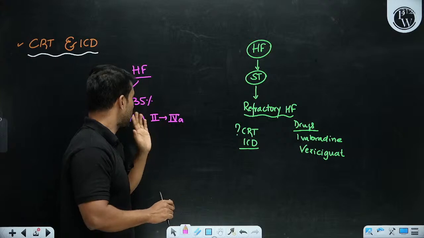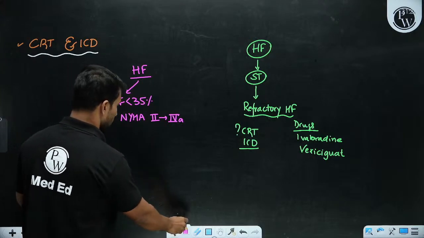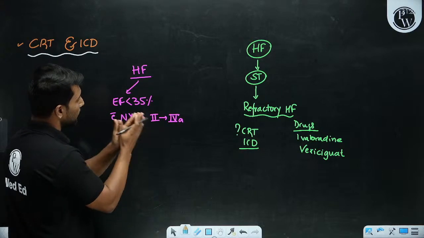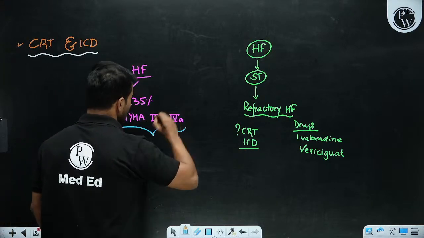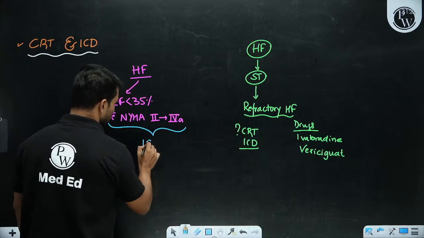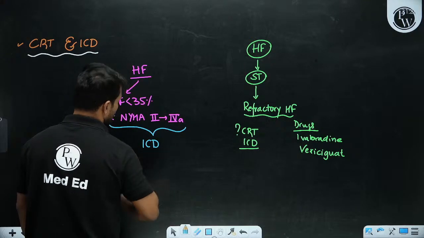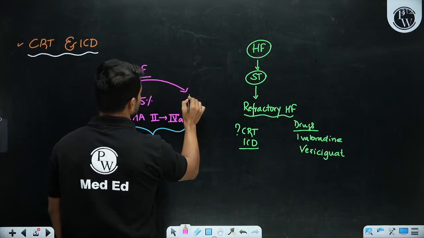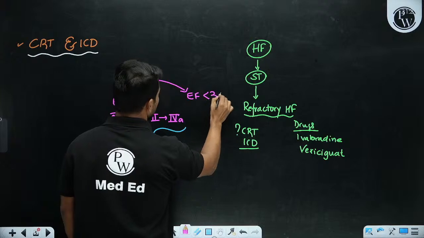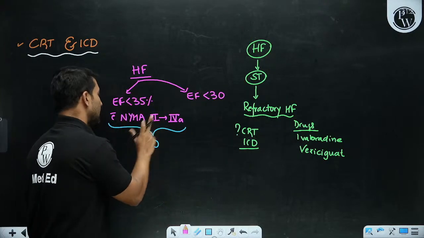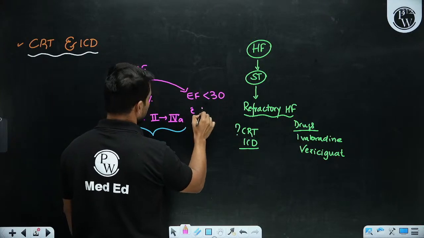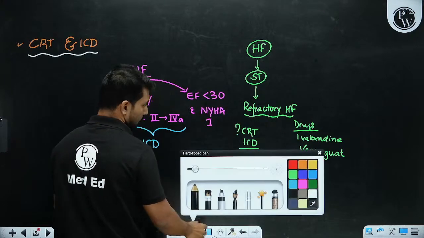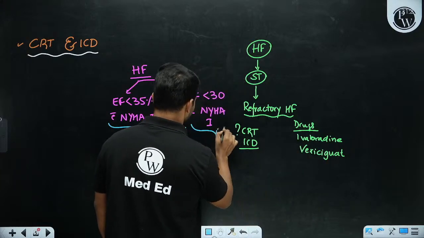But grade 2 से grade 4A है, ejection fraction less than 35% है. Such patients ejection fraction low है, symptoms high हैं, so they are at risk of developing sudden cardiac death due to VT or VF. They would require implantable cardioverter defibrillator. Okay. Now, if I have a patient whose ejection fraction is less than 30%, in that case symptoms अगर mild हैं तब भी they can get benefit from implantable cardioverter defibrillator. So अगर grade 1 है but ejection fraction और भी low है, then also we can consider